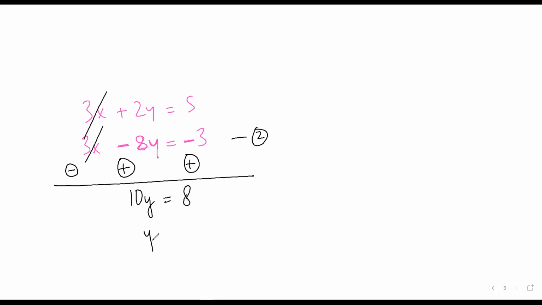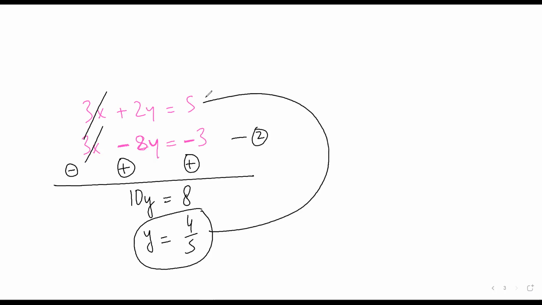Mr. Araman, any doubts still? No doubt, sir. And then I take this value of y is equal to 4 by 5. I can either put it here or I can put it here. Mr. Satya, any doubt? No, sir.